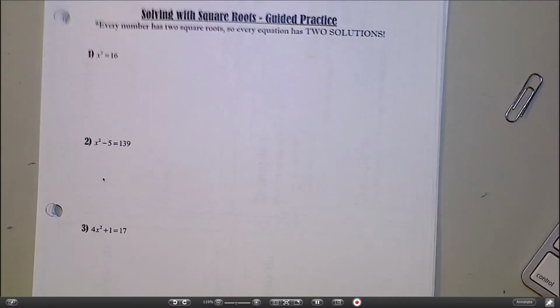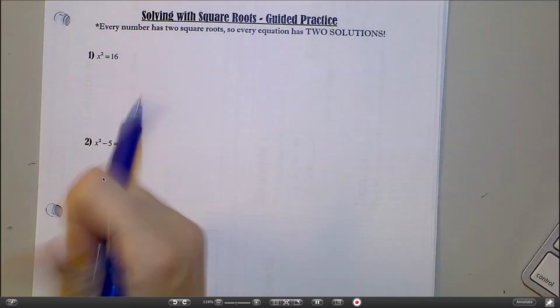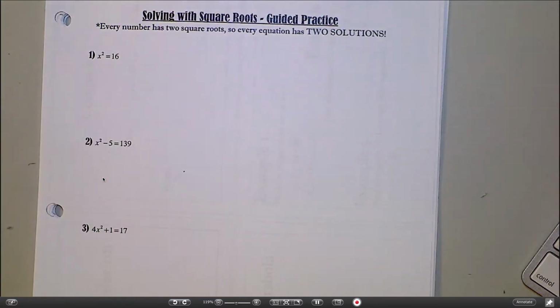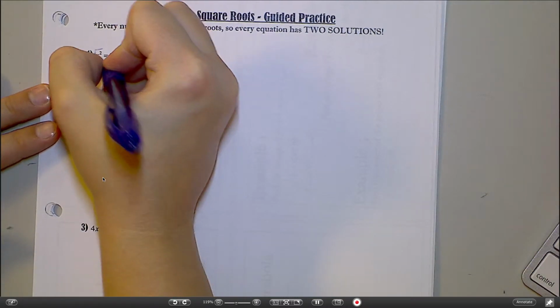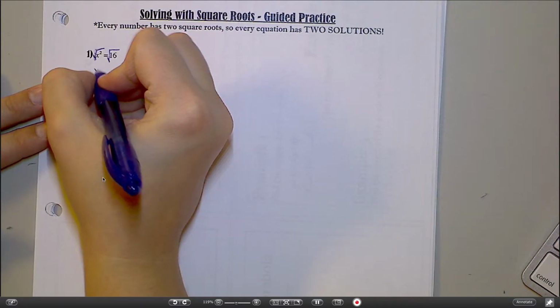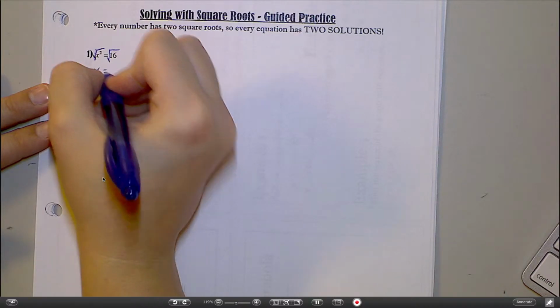Remember, equation solving is all about undoing everything. It's all about doing everything in reverse. So if you're given this equation, x squared equals 16, and you're trying to get x by itself, you want to undo the square. What is the opposite of squaring? Square rooting, right? So to get rid of that square, I would take a square root and a square root. And what's the square root of 16? 4, or